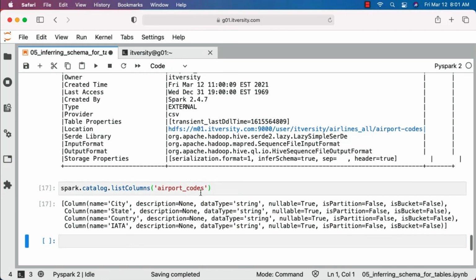This is how you should be able to infer the schema using existing data while creating the table using create external table. As I have explored earlier as part of the previous topic, we can even pass the schema while creating the table using the create table method. You just have to extract the schema from the data frame and pass it to the schema argument while invoking create table. It will take care of creating the table with that schema.